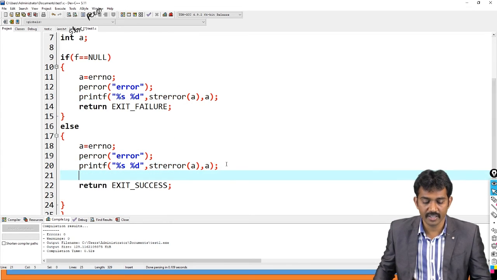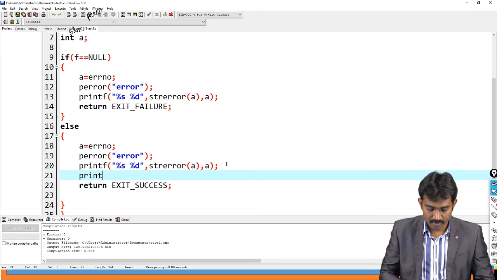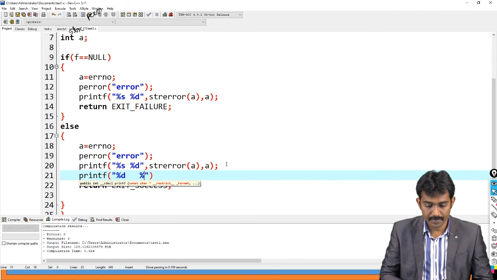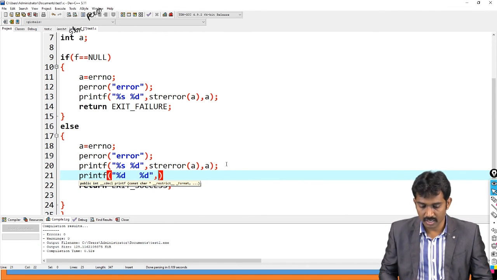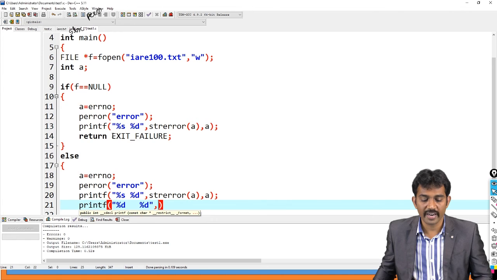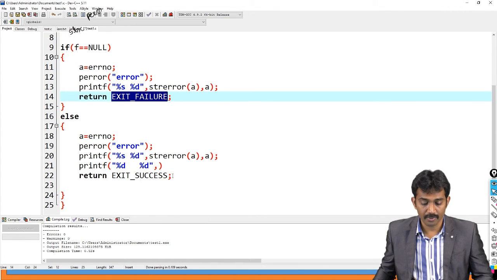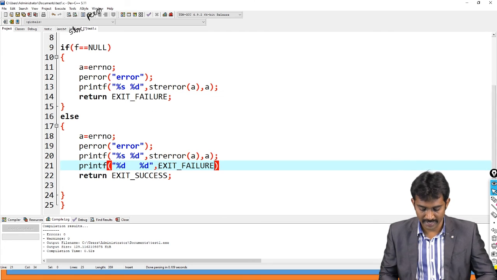You just use printf of %d, comma, and just check what the values are. Exit failure means it is a non-zero value.